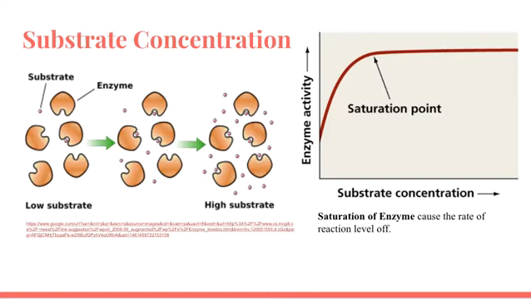For substrate concentration, the first graph explains why increasing substrate concentration will increase the rate of reaction. When there are more enzymes than substrates, enzymes are not all used because there are not enough substrates. Also, it's harder for the substrates to collide with the enzyme when there are few substrates. When the substrate concentration increases, more enzymes start to work, and it is easier for substrate to collide with the enzyme. As you can see, in high concentration, every enzyme is occupied by a substrate, so the rate of reaction